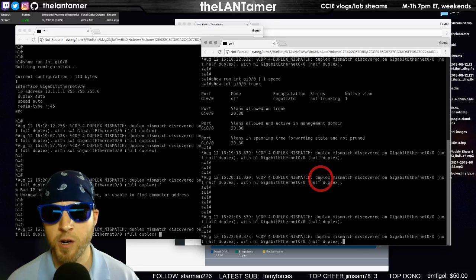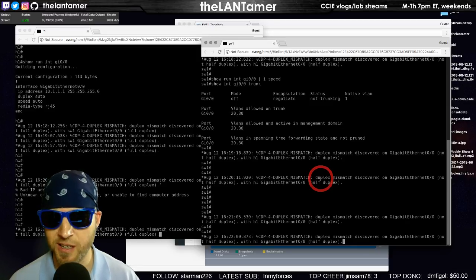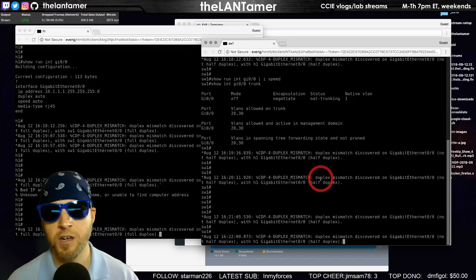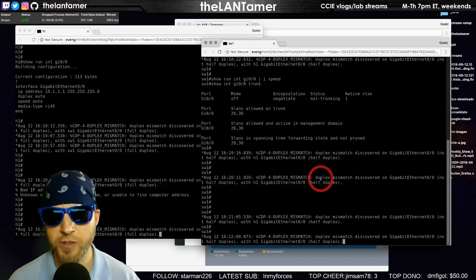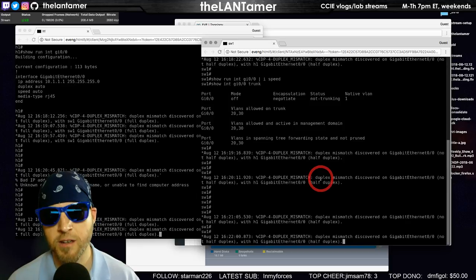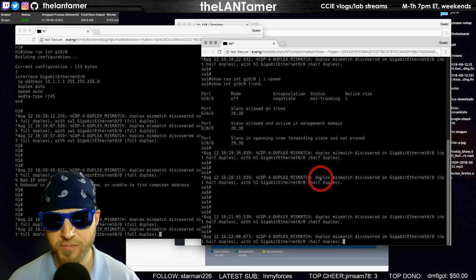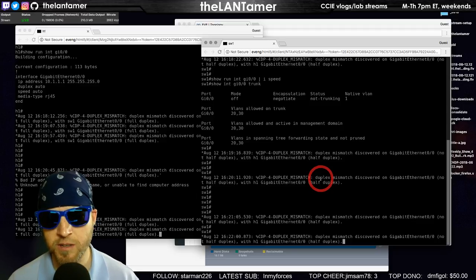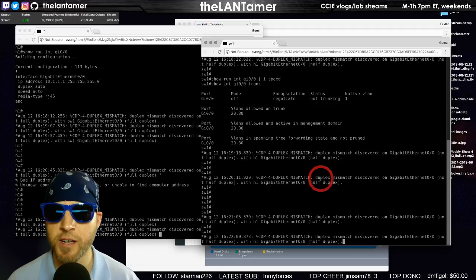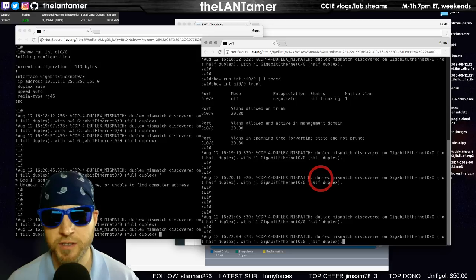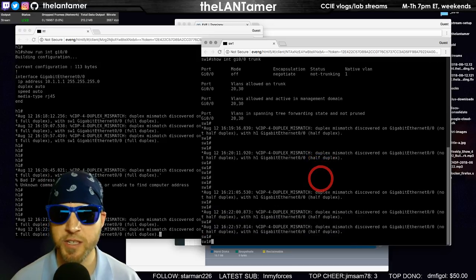So the ports by default out of the box are generally, depending on your image and your hardware, going to attempt to negotiate what type of trunk this is going to be. Is it going to be ISL? Are we going to do 802.1q, where we manipulate the Ethernet header and add the VLAN into 802.1q format? So that is what trunking generally means.